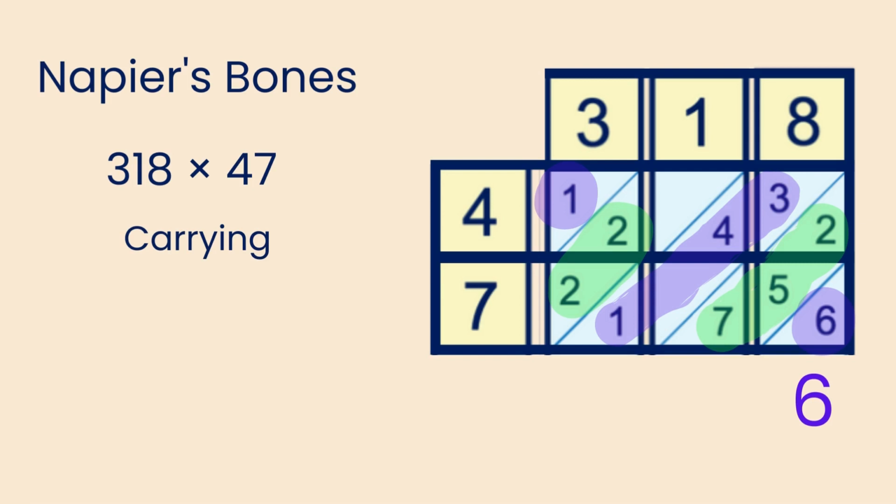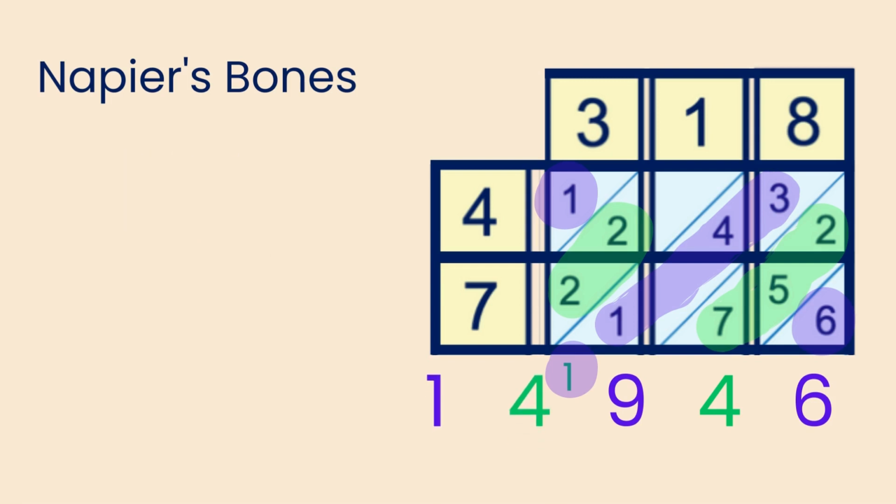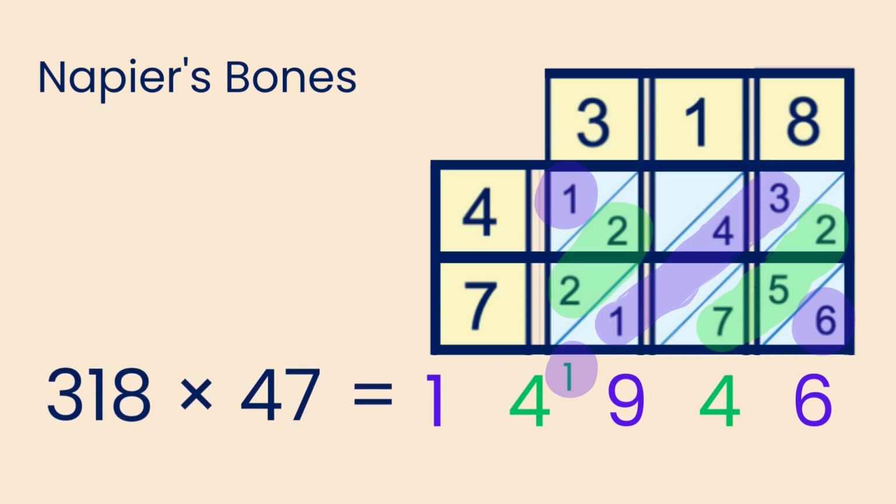We take the digits of 14 and write the 1 in the next diagonal, and the 4 as the total of the tens diagonal. So in the hundreds diagonal, we have 1, add 4, add 3, add the carried 1, which makes 9. Then 2 add 2 make 4 in the thousands diagonal, and there is 1 in the 10,000s diagonal. Again, we can read off our answer,